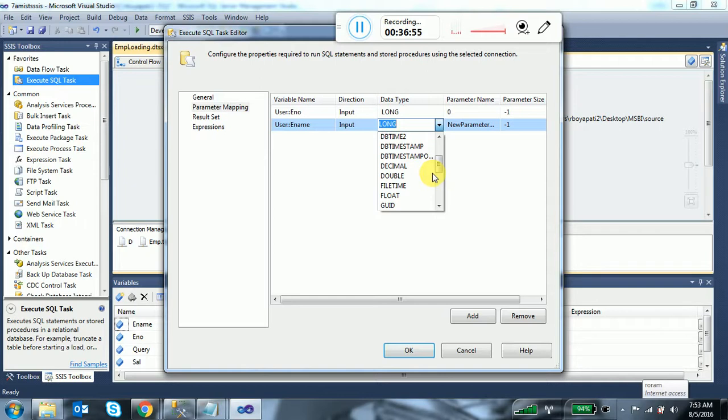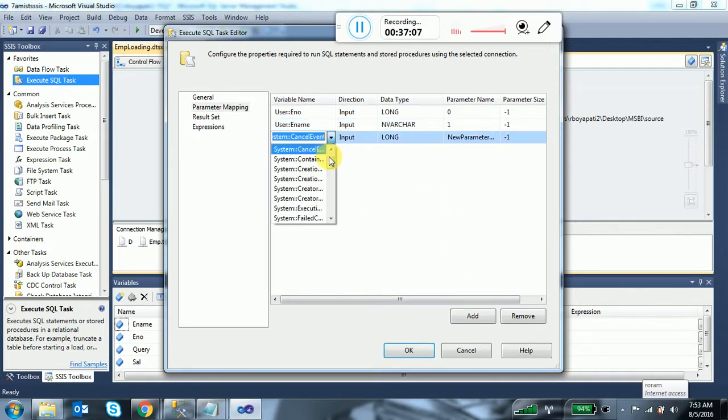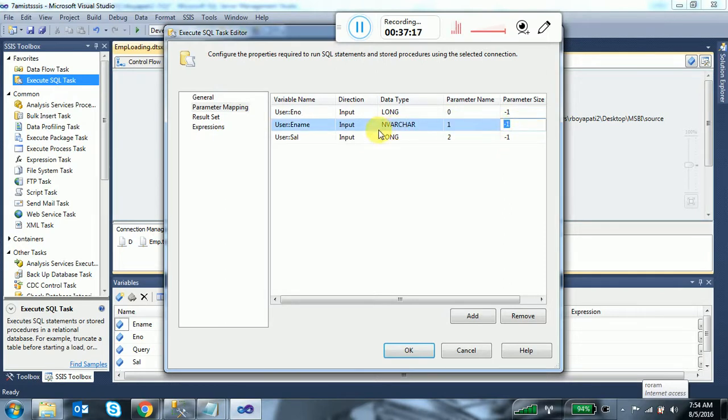For example, for employee name you pass KAM, 3 characters, so memory is 3 bytes. If you keep 2 here, it will allow only 2 characters, because the parameter size you have given is 2. -1 is the default, and it allows the maximum size.